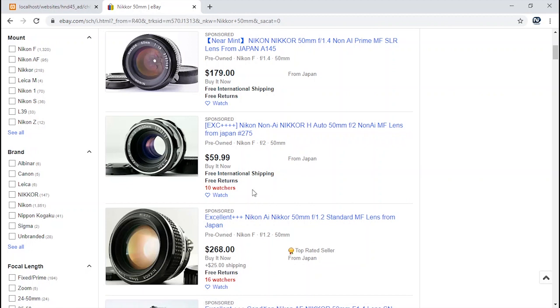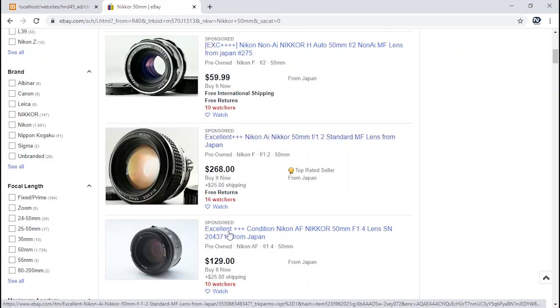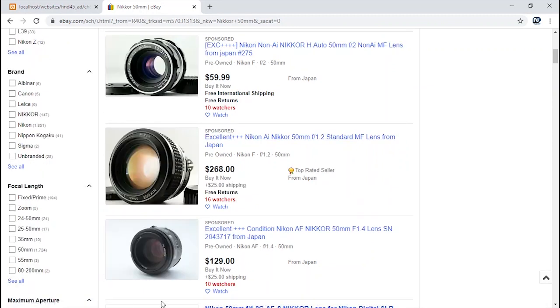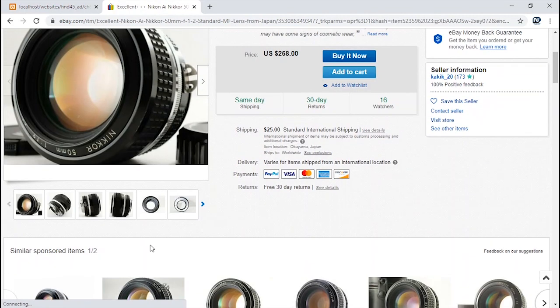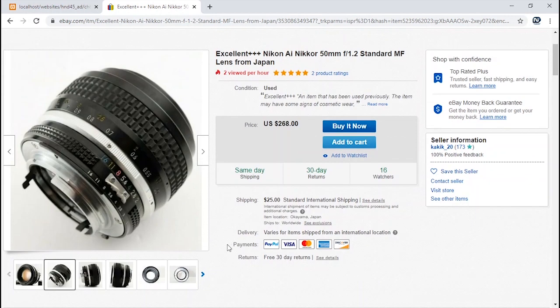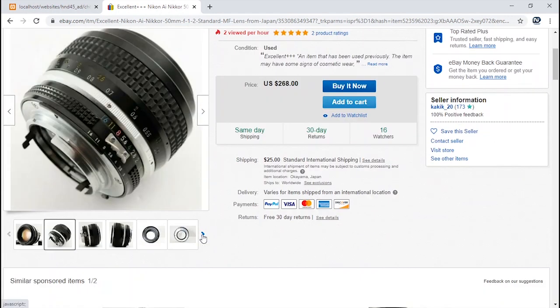Now if you want to get more details about this product, what you would simply do is you will click on that link like this. Before I click, if you can notice my status bar here, you will see a lot of information there. Actually, we're going to pass information through this HTML link. So once I click this, you will see that product's further information appearing on the screen with other pictures, all the things coming up, right? So that is what is happening. So I want you to basically understand.